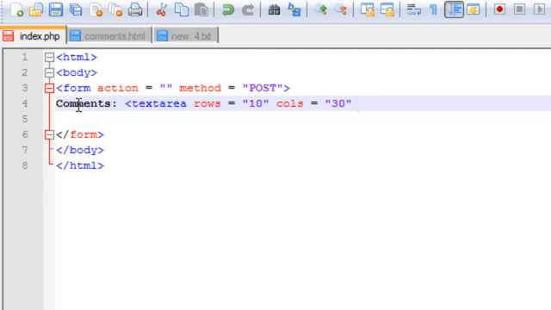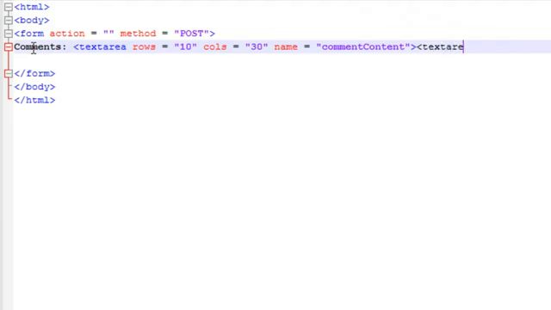And of course we have to define the name. We'll call this comment_content. Yep. And that's about it. We do have to close out the textarea because you've got the option of writing what you want to appear in the textarea right here, but we don't want anything to appear. Let's add a quick break tag,